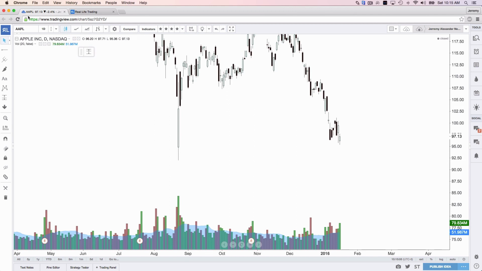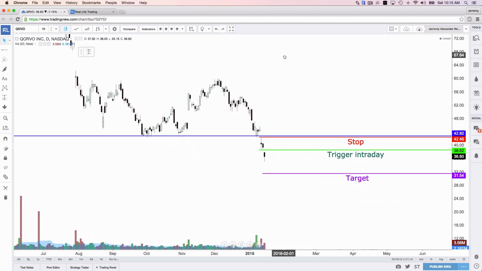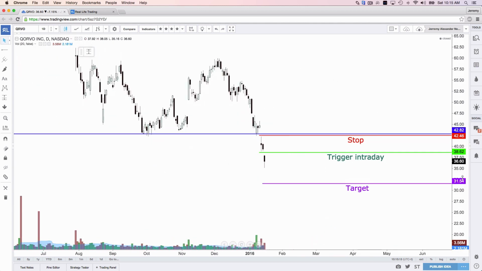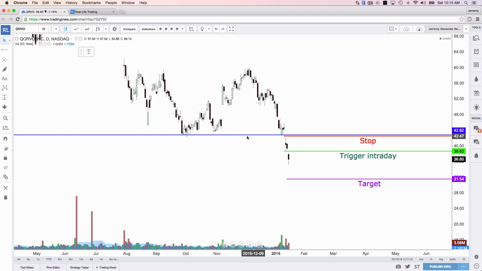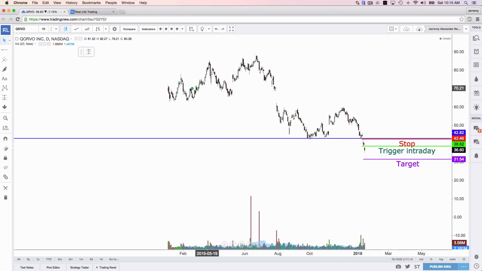Let me give you another example of something current, present day. Jose Cuervo. It's not Jose Cuervo at all. I just think it is. QRVO. So this is an example of when I was taking the breakout, or wanted to take the breakout. So I'll zoom out all time. Here's the zoom out. And so you can see this is sideways, but overall we're going down on QRVO.